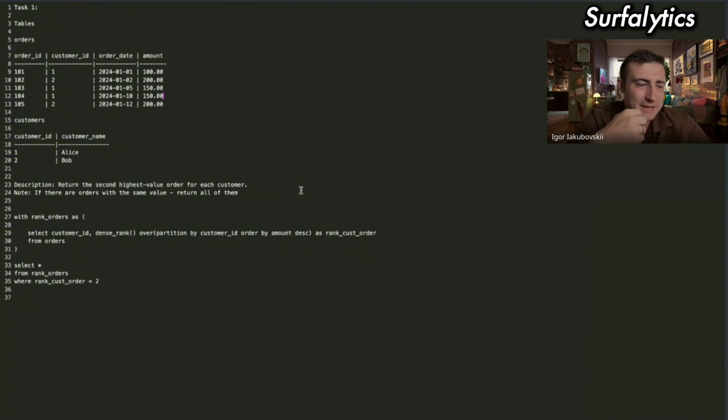If we chose just rank, we would skip second place if we have 2 elements with the same value, for example for the first customer.